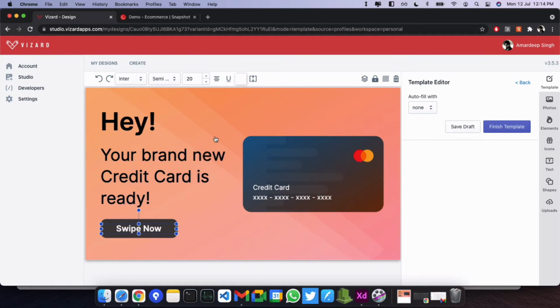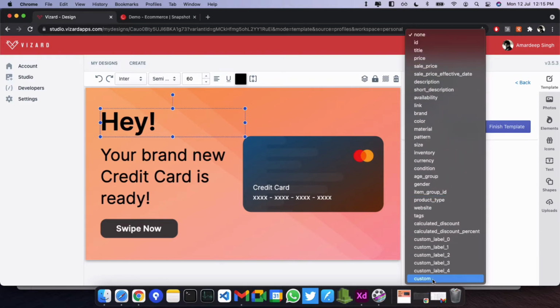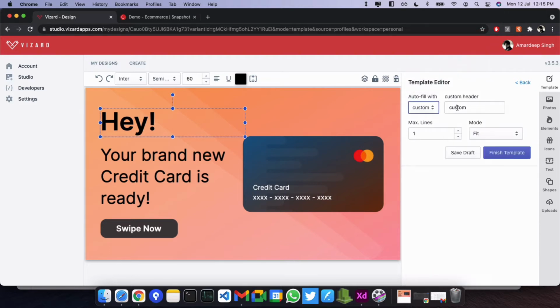Okay, so now we'll click on the text that we want to personalize, in this case "hey", and we can select from one of the default options given, or you can give it a custom name. We'll call it name. You can call it anything, but we are going to call it name. We can also specify up to how many maximum lines this text can overflow to if the text is very long.